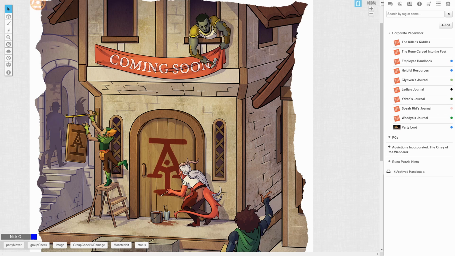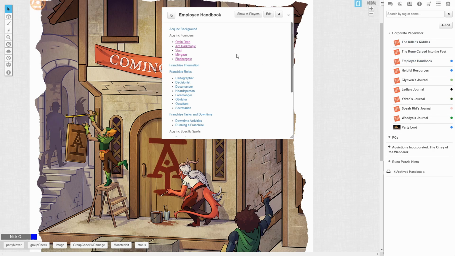And the first thing I'm going to show you is a link to player resources. So I've created this employee handbook. And inside the employee handbook are hyperlinks to all of the major players that make up the ACK Inc. world, the franchise opportunities that ACK Inc. provides. So basically, you are a franchise of adventurers that are going out to make money for Acquisitions Incorporated, and